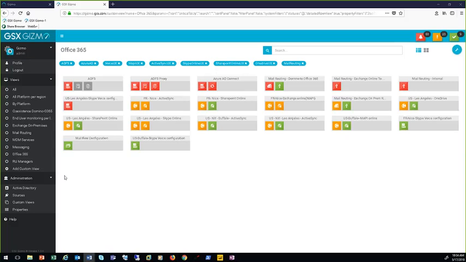So now we've seen how our real-time top-level business dashboards and our real-time triage dashboards can help provide valuable insight into the state of the Office 365 service that's being delivered to your end users. This allows you to pinpoint the source of the issue and escalate to the appropriate internal teams rather than reaching out to Microsoft first. So now we're going to take a look at one of our Power BI triage dashboards